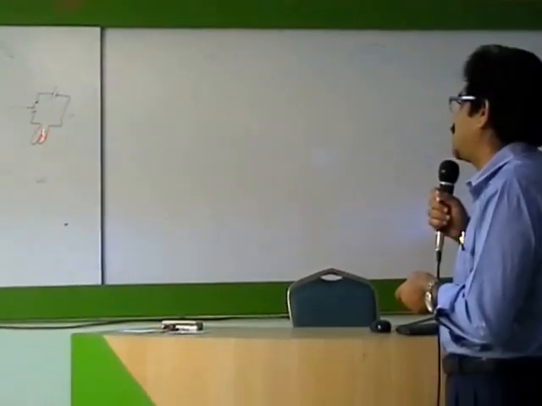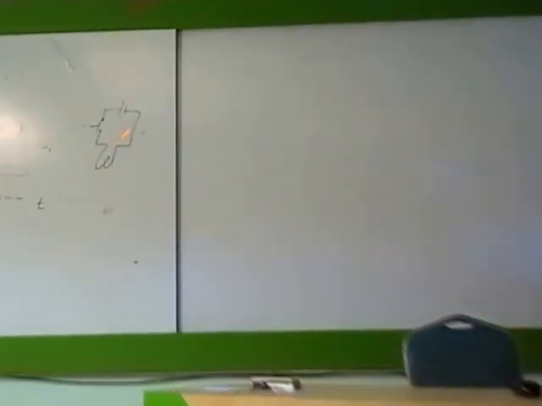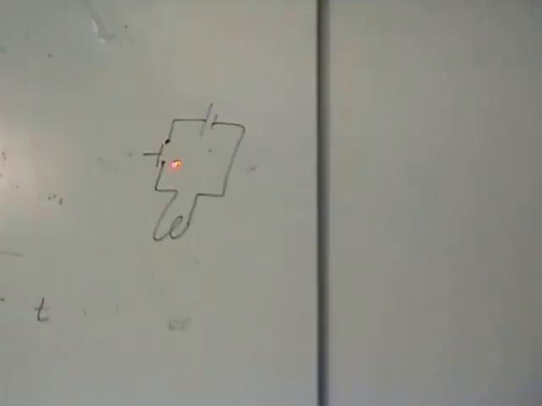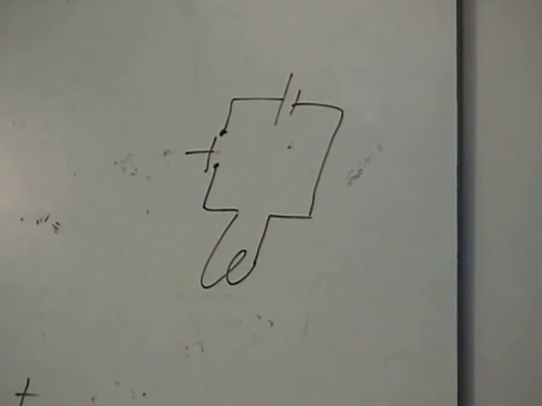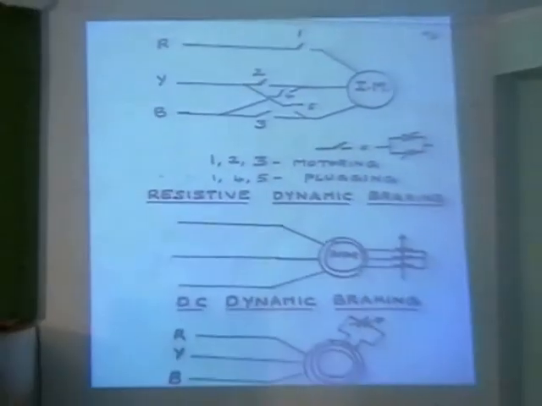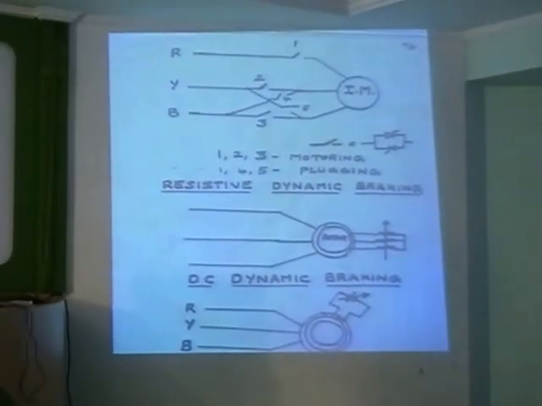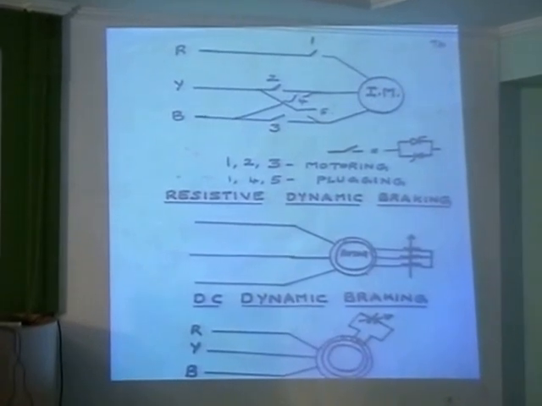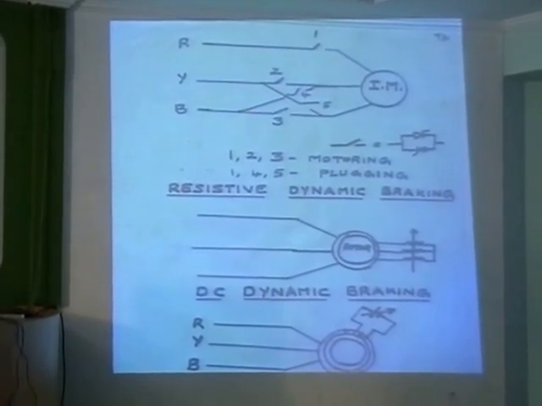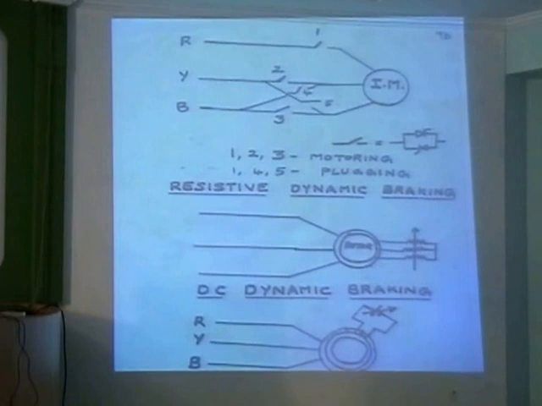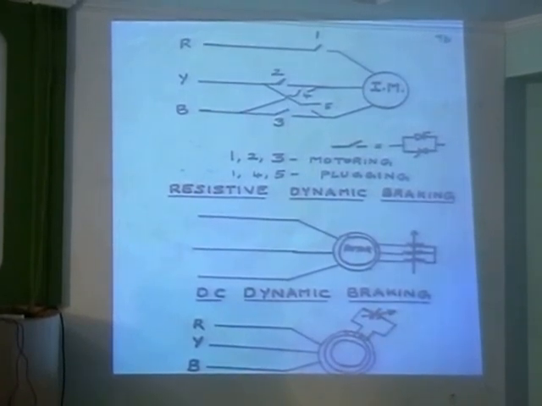So same concept. There I have a permanent magnet. Here I have an electromagnet. This electromagnet is formed by this DC source and the coil. So when this stop push button is closed, current flows and flux is produced, and that flux cuts the rotor, and in the rotor EMF is induced, currents are produced, and these currents produce a braking. So that is DC dynamic braking. This is rheostatic dynamic braking.